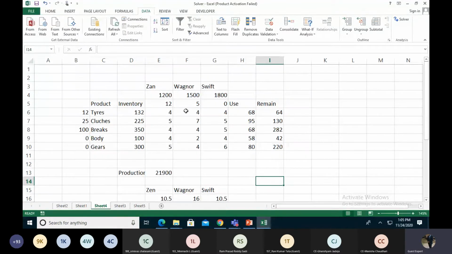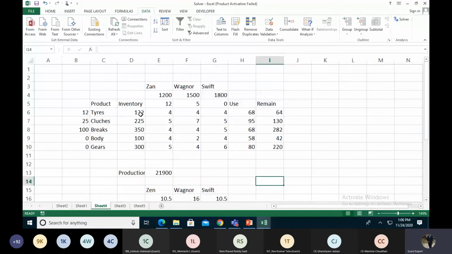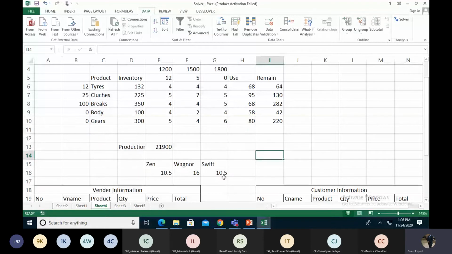So first of all, you saw how we get the solver and how, using the SUMIF functions, we can make our project and analyze how many Zens, Wagoners and Swift Desires we have to create. If we have the inventory products over here, where your inventory is stored right now, in this Excel sheet you can manage each and everything and analyze how many Zens, Wagoners and Swift Desires you have created.